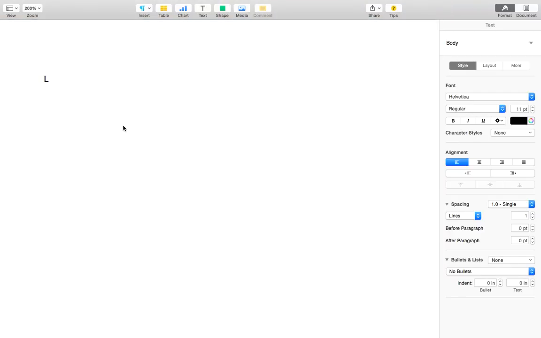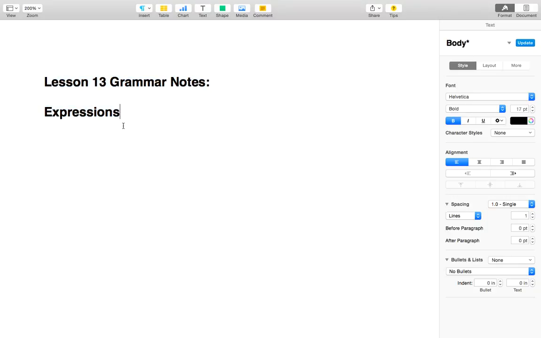I'm going to try to give you some notes. Call them Lesson 13 grammar notes. These are about expressions. Make these a little larger. Expressions of location or motion. All right. I've mentioned most of this in the past, but now we'll clarify something that has only been mentioned